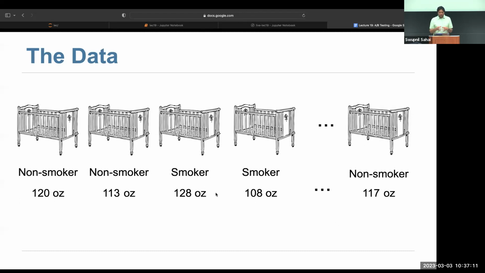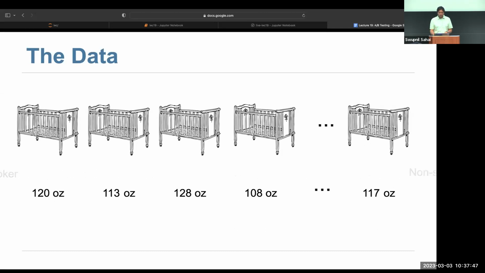One thought here is, I have this data, maybe I could do something with it to simulate under the null hypothesis that the weights are the same. If the null is true and the weights of the babies from smokers versus non-smokers are the same on average, or the distribution is the same, then the label shouldn't even matter. If you just take away these labels, it shouldn't make a difference anymore. The averages and distributions should be roughly the same. So as a way to simulate, we could just shuffle all these labels around